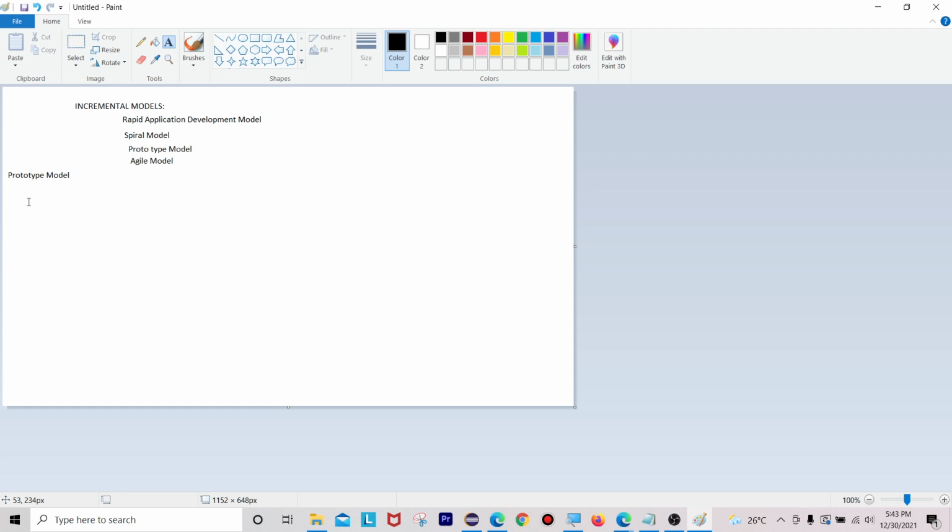Prototype model is used where the requirements are not very clear, and also to develop big kinds of projects. As the requirements are not clear, first develop a prototype, that is a sample, and explain it to the customer to get early feedback.